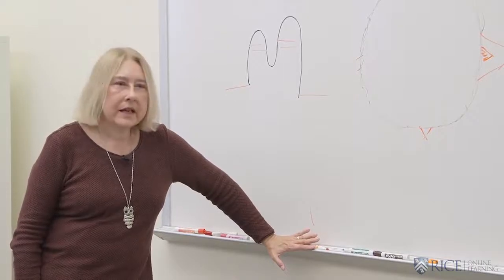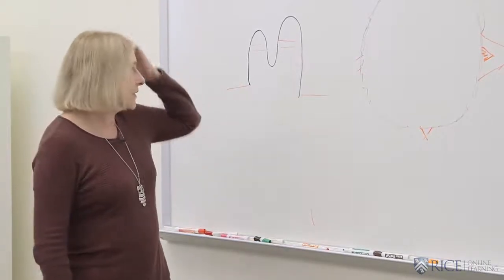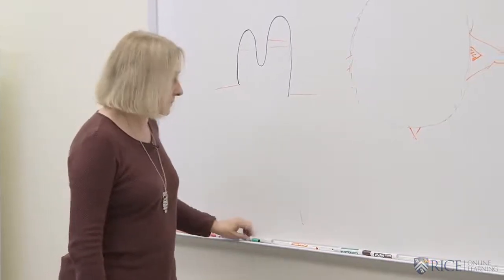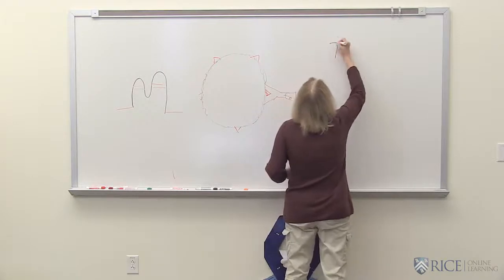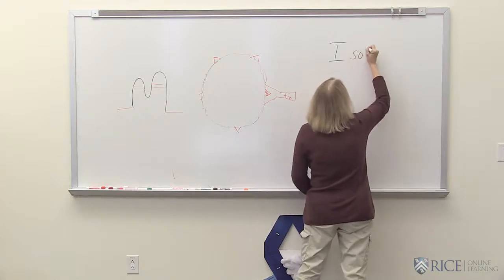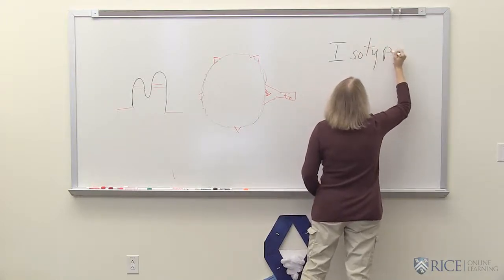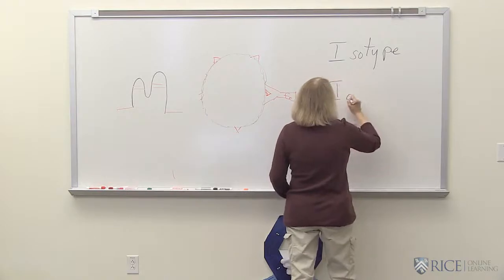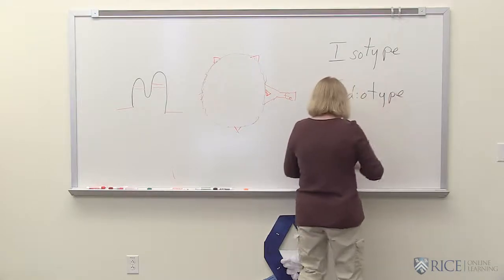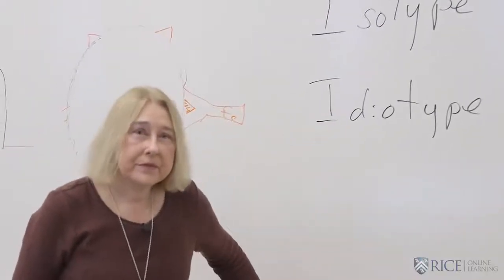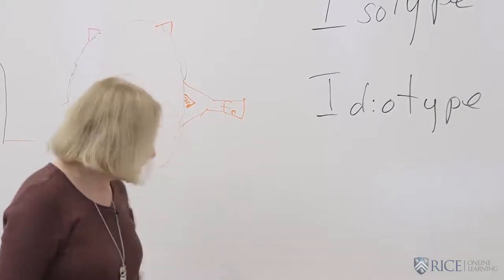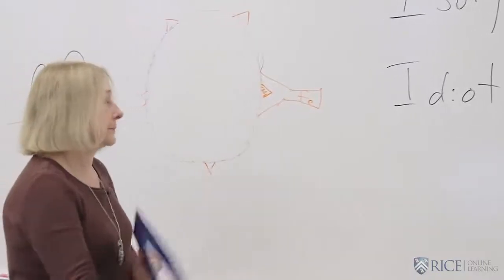Okay, so the last thing we're going to look at is the difference between two words that you will occasionally encounter. We're going to look at the difference between two terms, isotype and idiotype. Isotype and idiotype refer to differences in two different parts of the antibody. So if I have an antibody here,